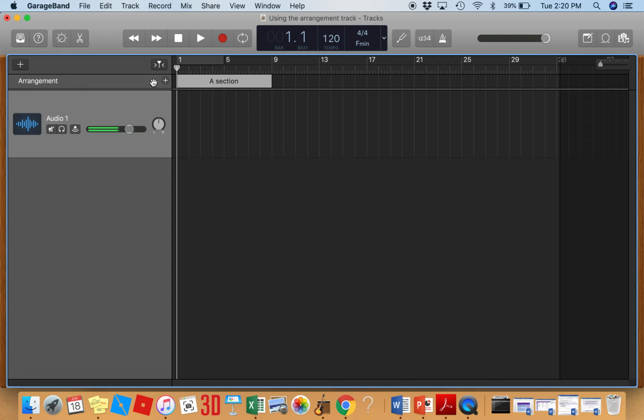Now I go back to the arrangement track, click on my plus button again. Now I want to add another A section. So again, I'll click on the name of this section, select Rename, and then type A section, and then return. Once again, I'll click on my plus button, and this is where we're going to have our B section. So I click on the name of the section, rename, type B section,